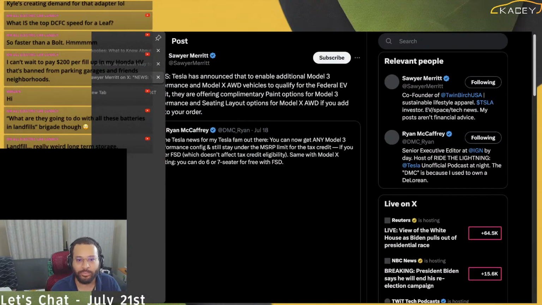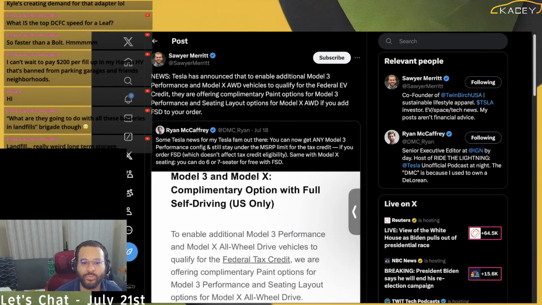This one is from Sawyer Merritt, and he says, "News: Tesla has announced that to enable additional Model 3 performance and Model X all-wheel drive vehicles to qualify for the federal credit, they are offering complimentary paint options for Model 3 performance and seating layouts for Model X all-wheel drive if you add FSD to your order."